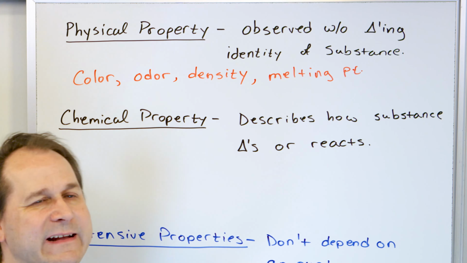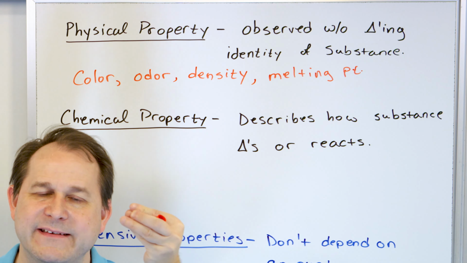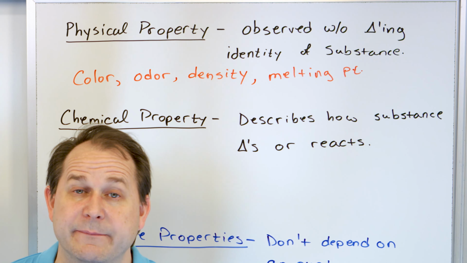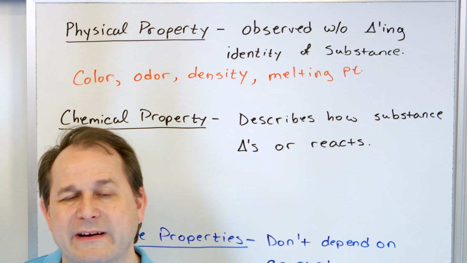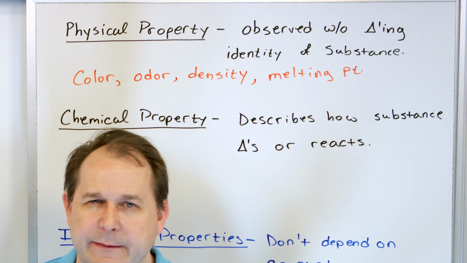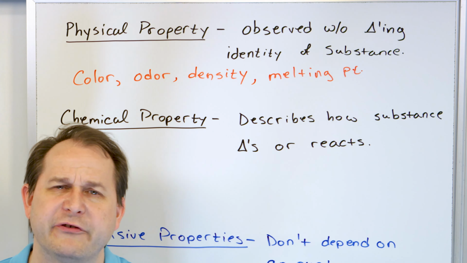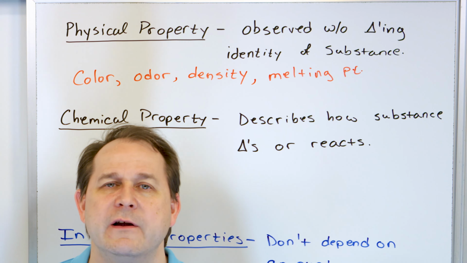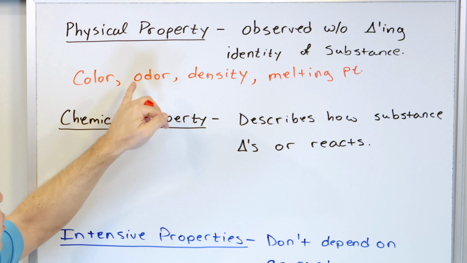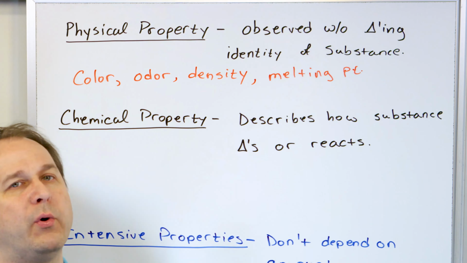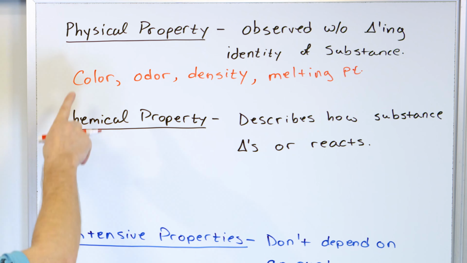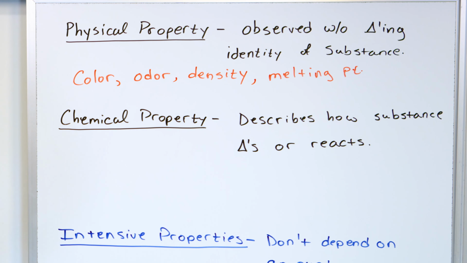And so density, that's when you measure something's mass and compare it to the volume of the substance. So instead of just kilograms, you would measure kilograms per cubic centimeter. So you can make those observations without changing the substance, right? If I want to measure something's density, mass per cubic centimeter, I can do that without altering the substance chemically. If I want to look at its color or odor or density or melting point or boiling point and lots of other properties, then of course I can do that without making a change. It's just a physical property of the substance.